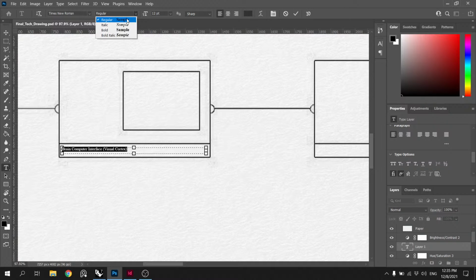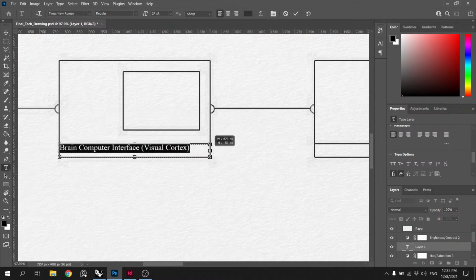So something like 16, 18, maybe 24. You can get that scaled down. All right, and then center it.